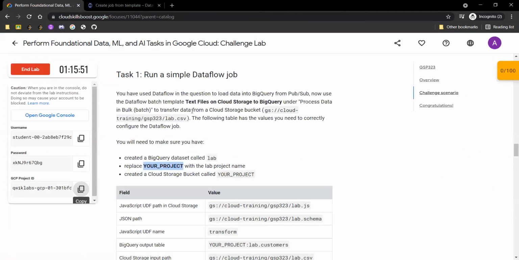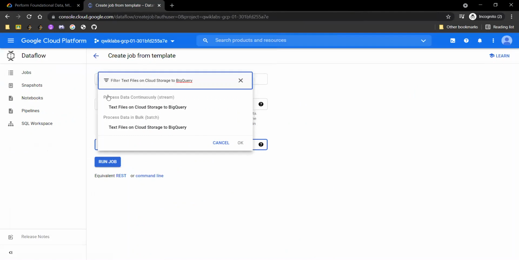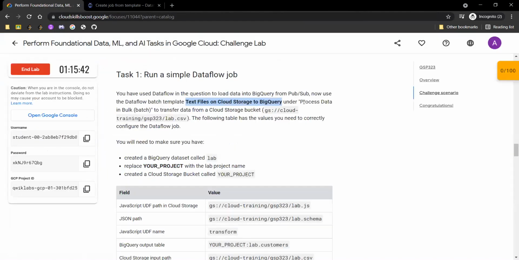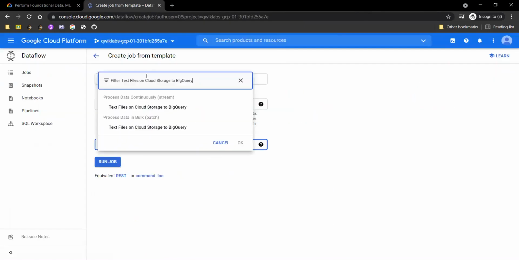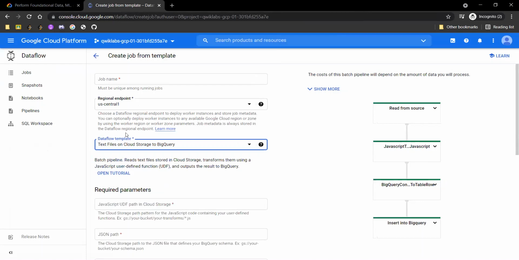Choose this as your Dataflow template. Just copy this string and paste it here. Now we have to choose the option under process data in bulk (batch). So we have to choose this option and wait for a few seconds.